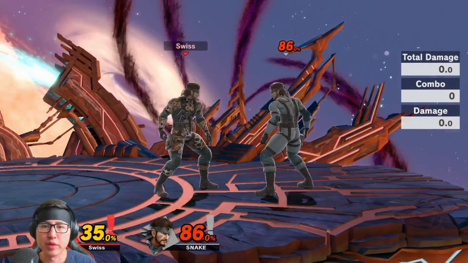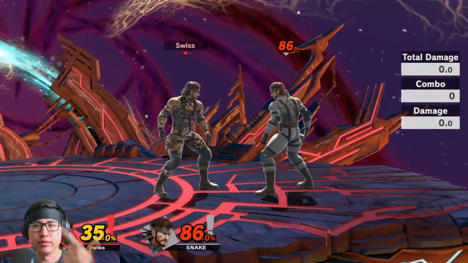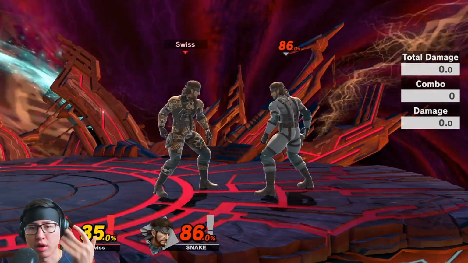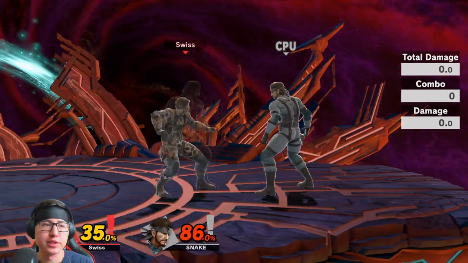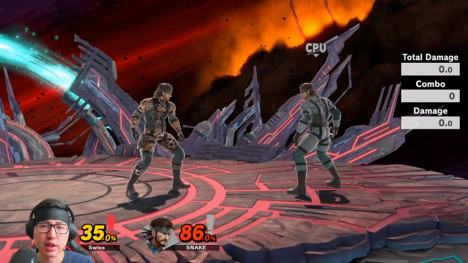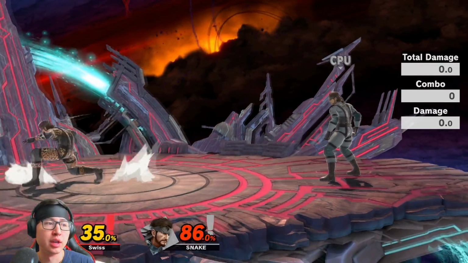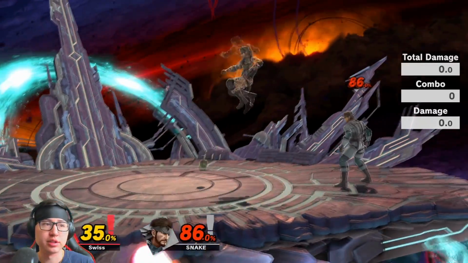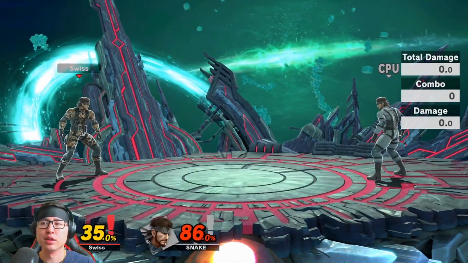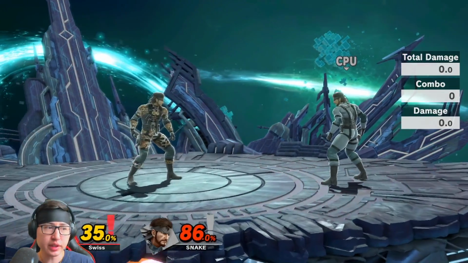Now, Snake has a lot of ways to get in. He's got running down tilt, he's got run up F tilt, up tilt, grab, RAR back air, short hop down air, short hop neutral air, and so on and so forth. He has a lot of options to come in, and that's even without grenades. So if you count grenades in, there's a lot of things you could use to get inside. So dash attack is just a good option to come in with,